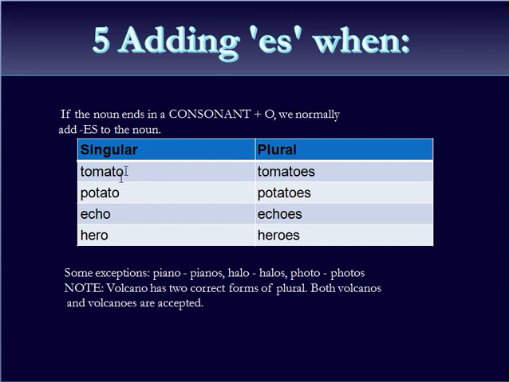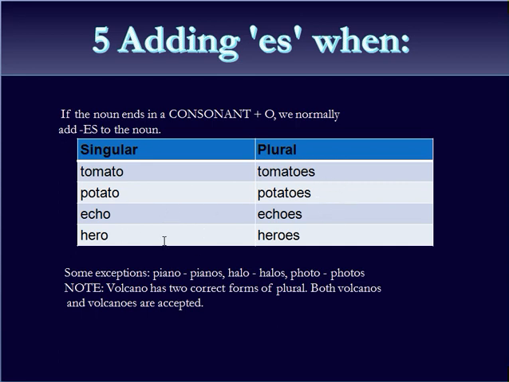Like here in all of these examples, the noun is ending with an O, but before the O there is a consonant, like tomato, potato, echo, hero. So what we have done here is we have added ES at the end, making tomato, tomatoes, potato, potatoes, echo,